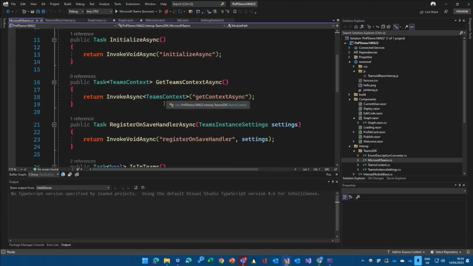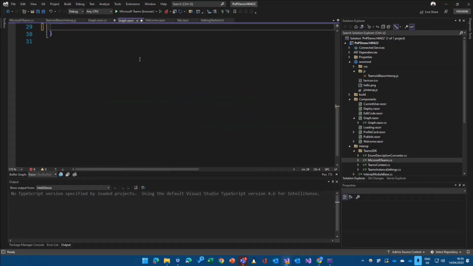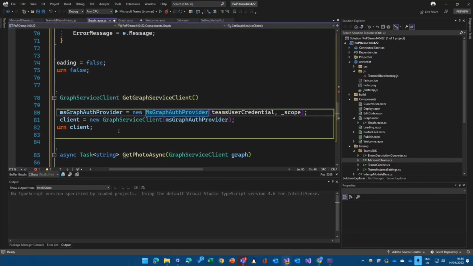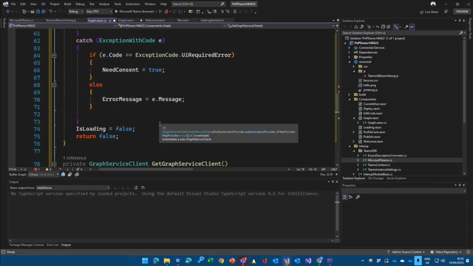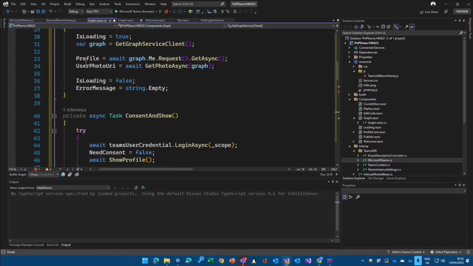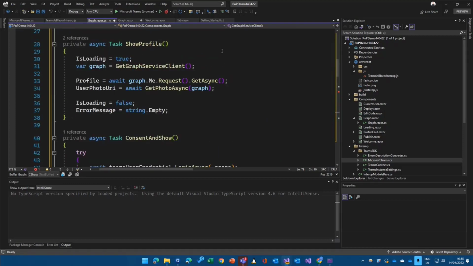In the .NET side, in the C# side, you just call GetTeamsContext, and that's basically invoking the connected or configured JavaScript method in the background. And through the JavaScript SDK that we are all familiar with from Teams, we get the token, and so it's going through the whole chain, coming back to my graph file, so that I can say here, okay, get a new graph authentication provider, make that work, and okay, get a client and do the simple thing here and make a profile picture request, and we're good to go.